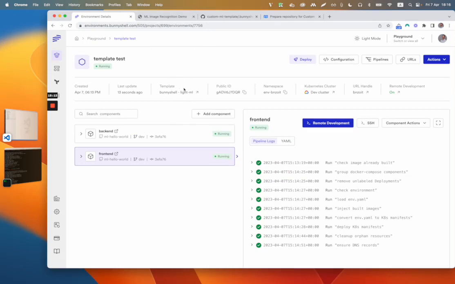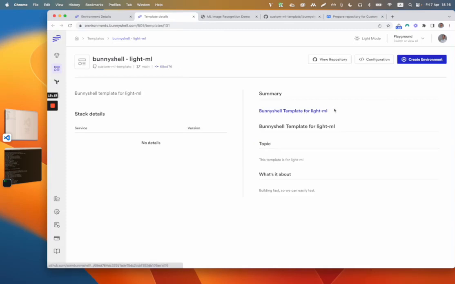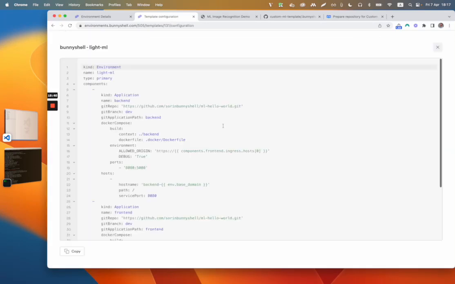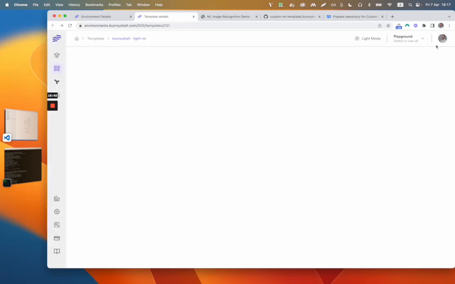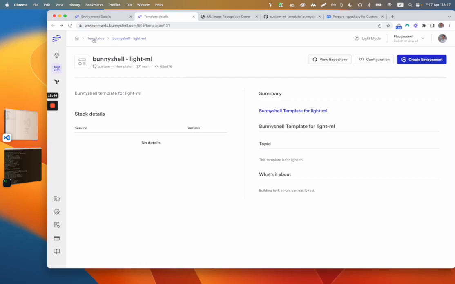and I can see here that this is the case, and I can go to the templates page. Here I can see the summary. This is the README file contents, basically. Obviously not much info here. This is the description. Regarding the technologies, this is the stack details. I haven't included it, and this is the place where the icons would have also appeared. I can see the configuration of the template, which is obviously read from Git. I can go to the repository, and